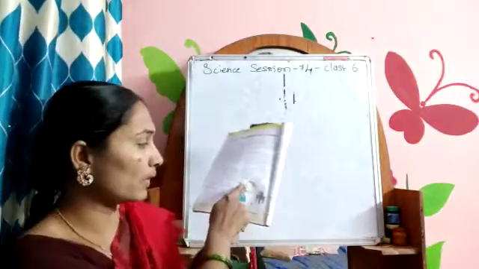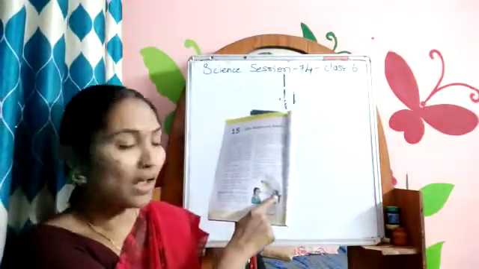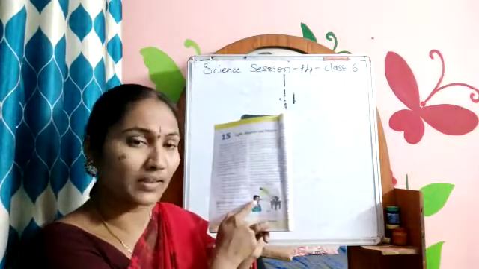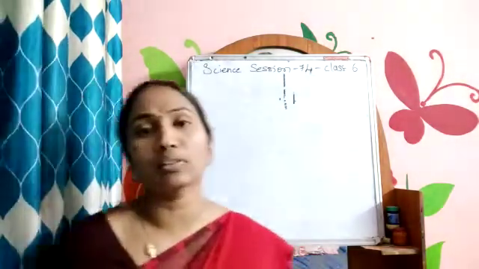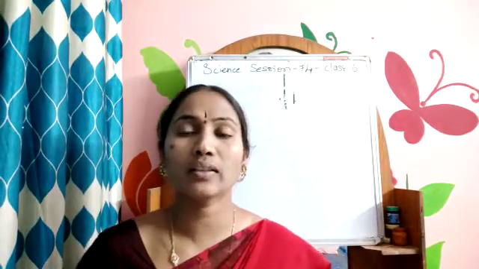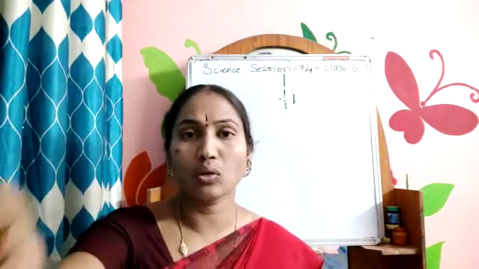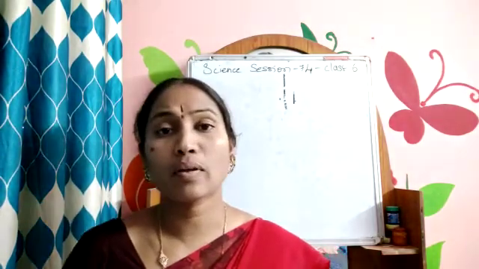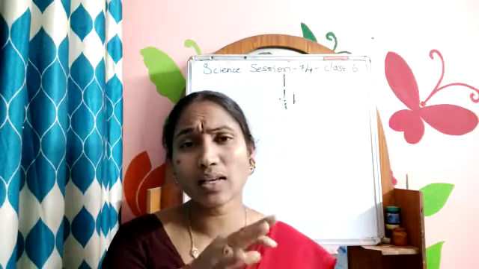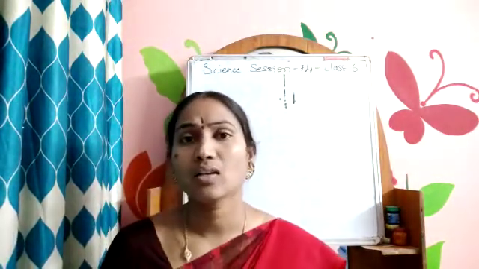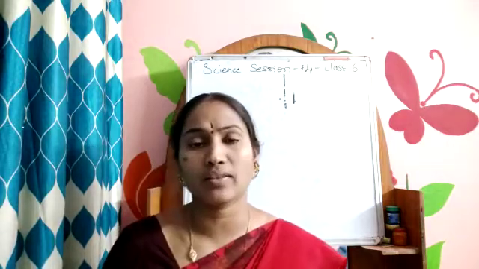In the same way, the light rays are falling on the jar and it bounces back. The reflection is falling on the eyes. So these eyes are able to look at the object. I think you got it, children. Now your eyes are looking at my face in the phone. Why? Because the light rays are falling on my face and it is bouncing back into the camera. So the camera is able to catch the picture.